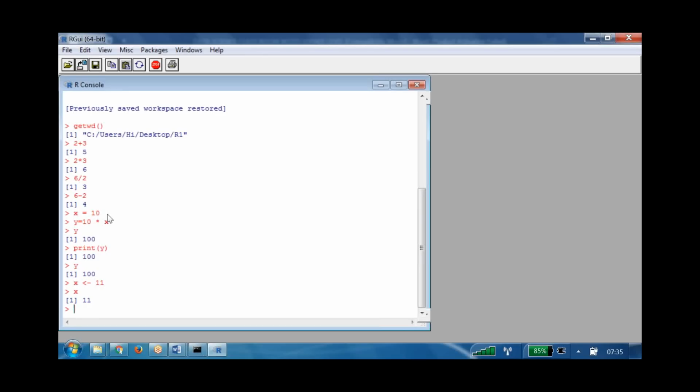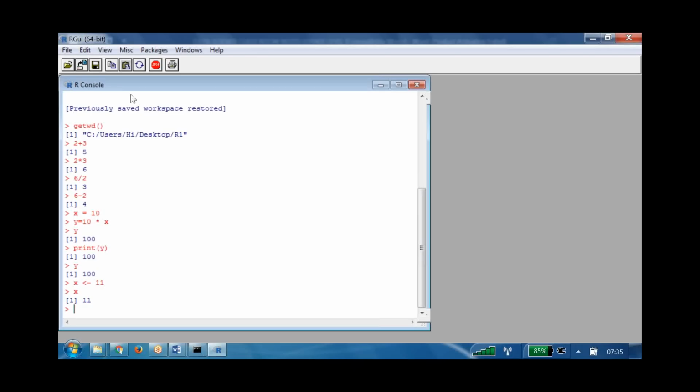If you type like that, it is variable assignment. Either you can use equal to or the less than symbol followed by a hyphen. But most R professionals and R code mostly use that operator, less than followed by hyphen. Equal to symbols, though accepted, are mostly not used.